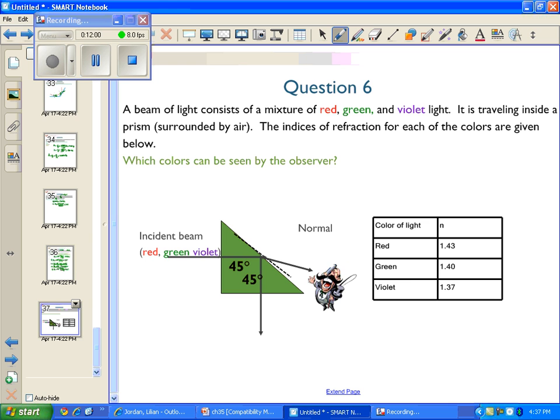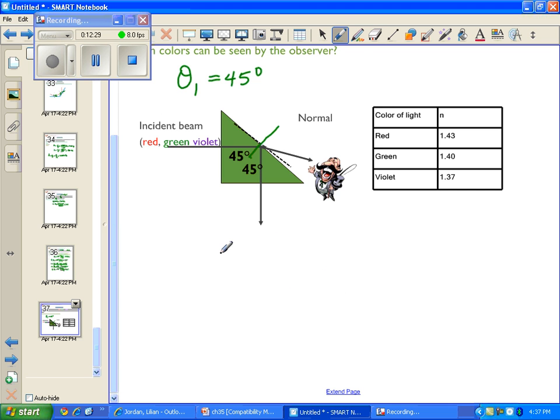Now, he is on the other end of the prism, so he can only see the colors which are being transmitted, in other words, refracted. He cannot see the colors which undergo total internal reflection. And here again, let's just draw a normal so you can see that in all cases, theta 1 is equal to 45 degrees. So our task is to obtain the critical angle for each of the different colors, the wavelengths,